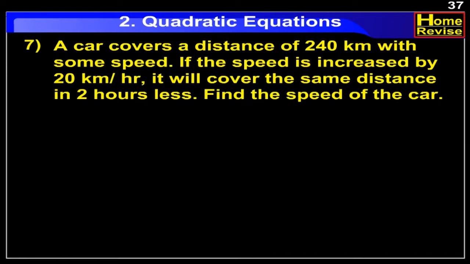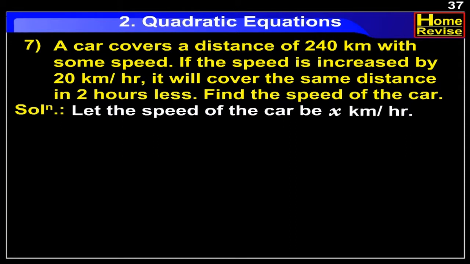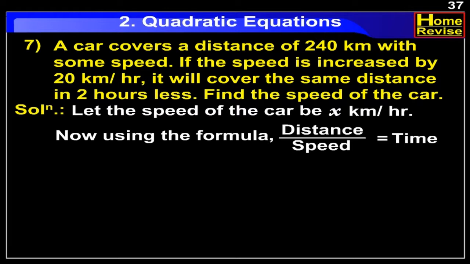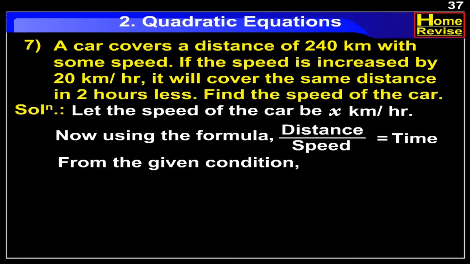A car covers a distance of 240 kilometers with some speed. If the speed is increased by 20 km per hour, it will cover the same distance in 2 hours less. Find the speed of the car. Solution. Let the speed of the car be x km per hour. Now, using the formula, distance upon speed is equal to time. From given condition, we have